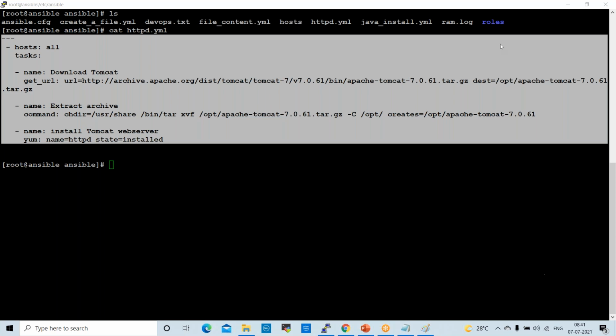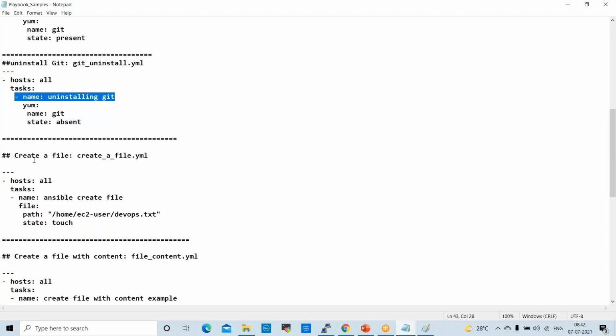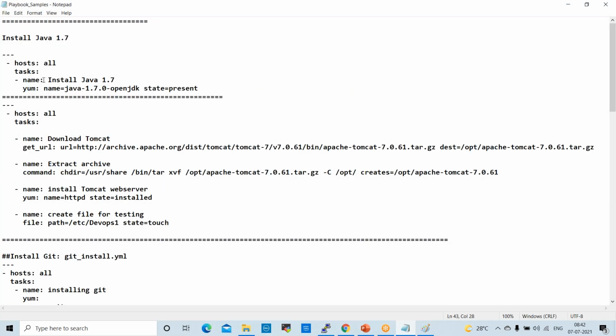Tags means tagging is basically, whenever we create any resource, for that we add a tag. That is practically not required. So tagging, we know what a tag is, right? For our understanding, what we will do, for example, yeah, this is tagging. So these are the playbooks, right? So Java installation, this is the name tagging.